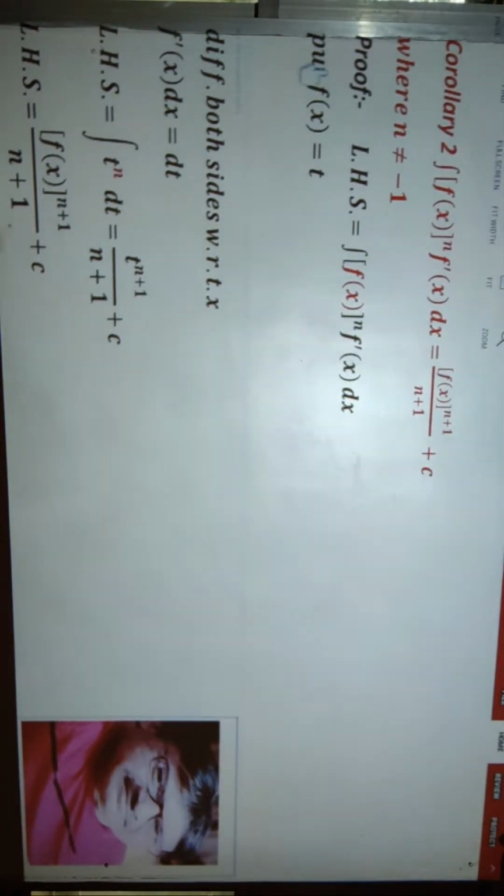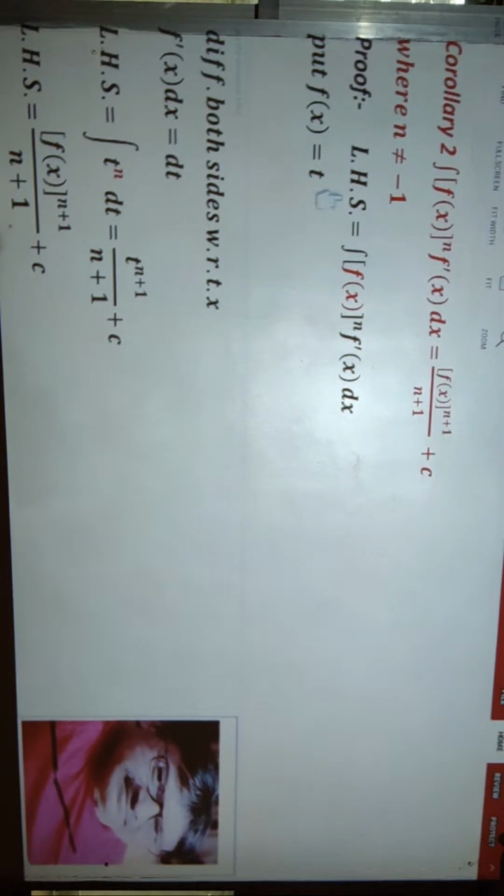Then d/dx of f of x, that is f dash of x, is equal to dt by dx. So this can be written as f dash of x into dx is equal to dt. Therefore this LHS becomes the integration,